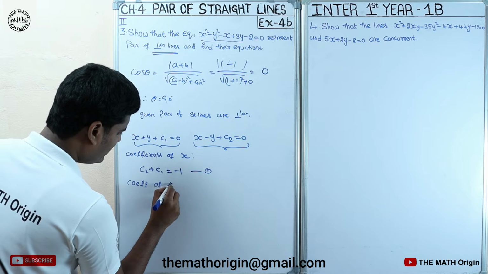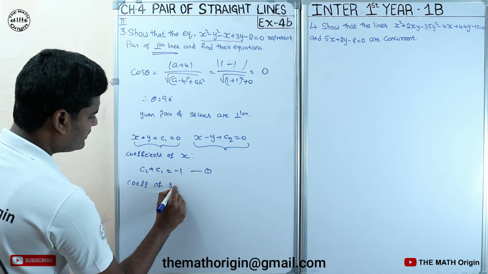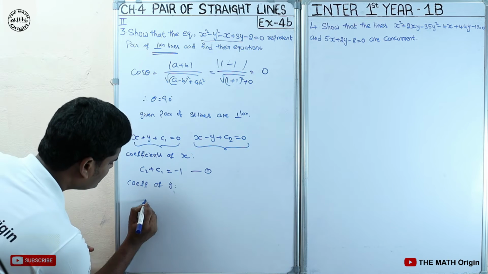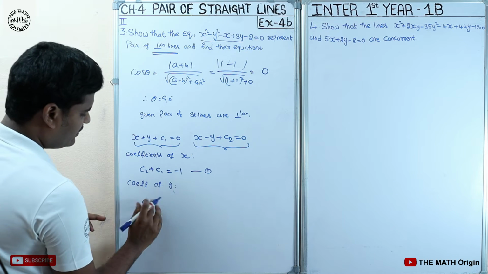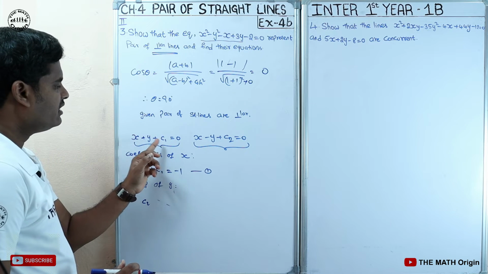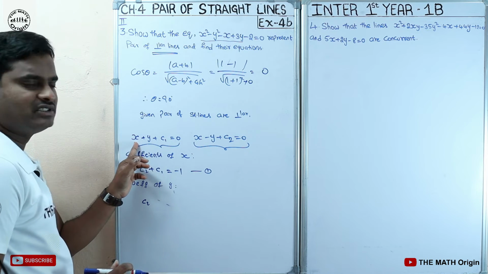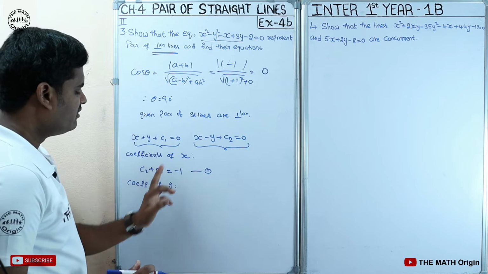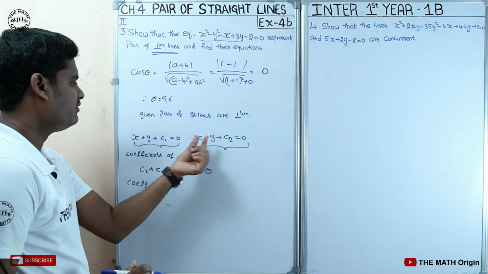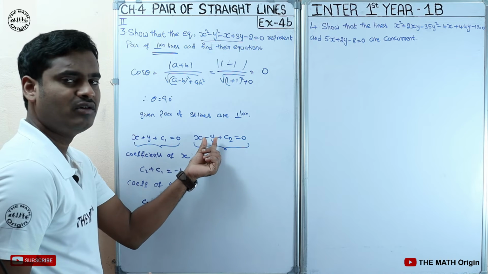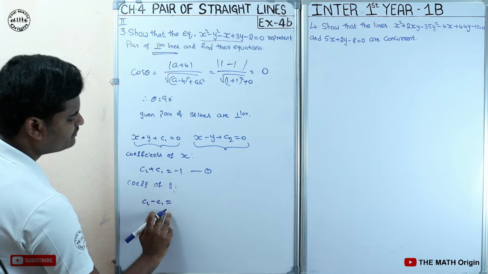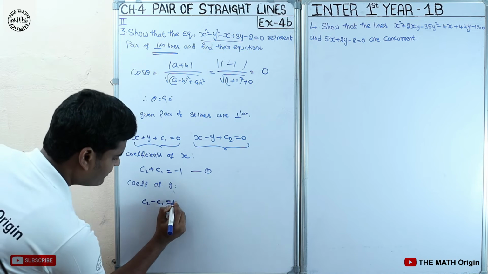In the same way, the coefficient of y. What will the coefficient of y be? y into this complete equation, so we will get C2. Next minus y into this complete equation. Here we will get minus xy, which is not a y coefficient because it consists of both x and y. And here we have y into y square, and here it will be C1 into minus y. Therefore it will be minus C1, which is equal to the y coefficient, 3.